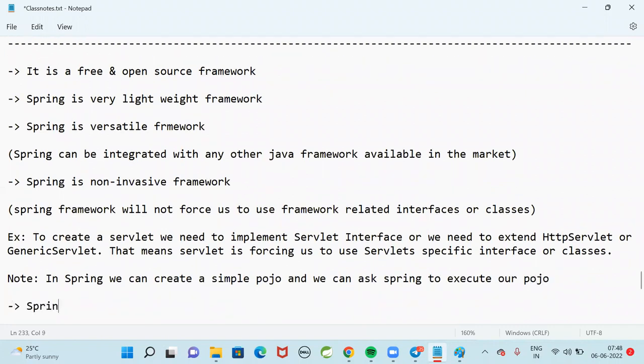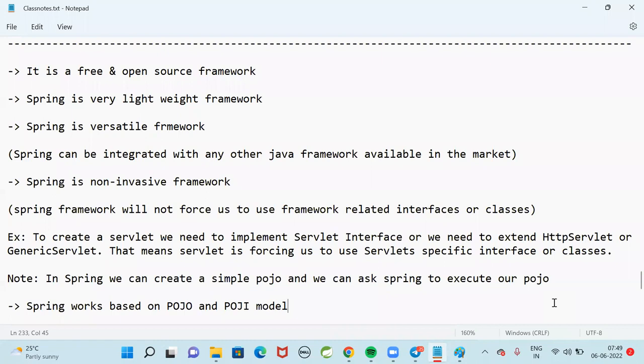Spring works based on the POJO and POJI model. POJO stands for plain old Java object. POJI stands for plain old Java interface. I will explain what is a POJO, what is a Java bean, what is a component.